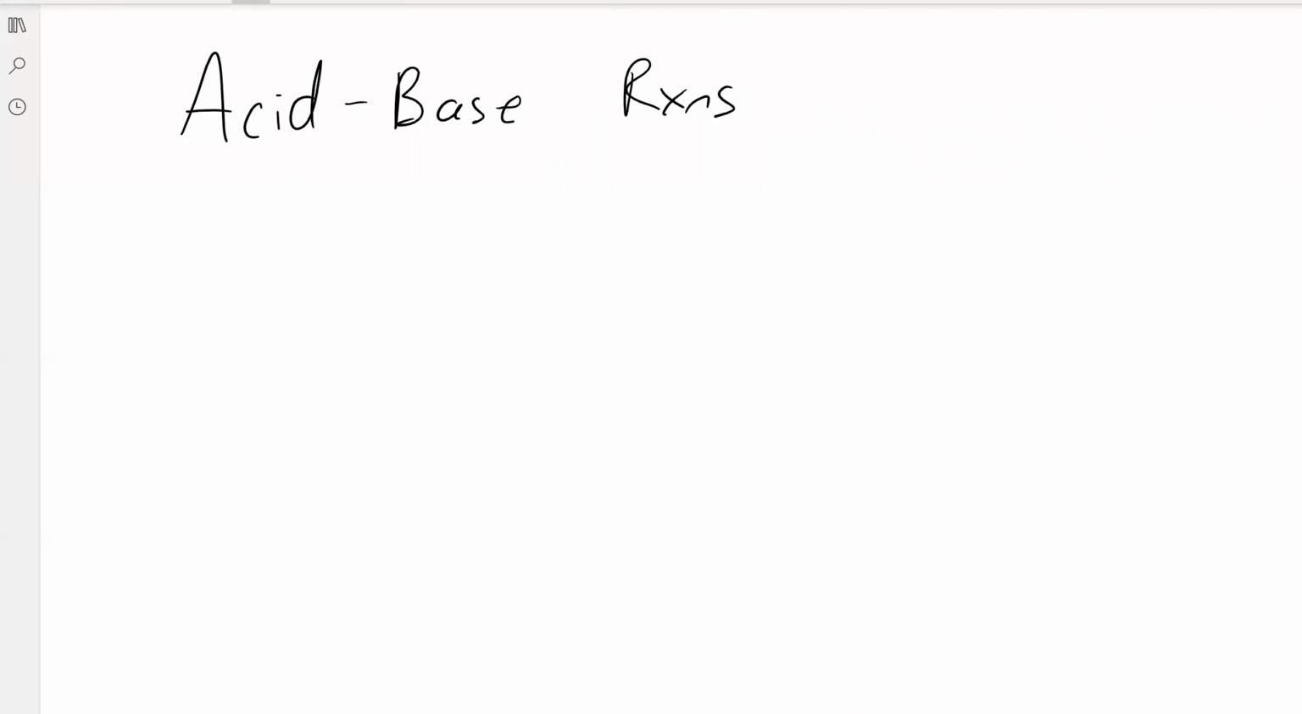All right, our next type of equation are acid-base reactions. And an acid-base reaction is a reaction between an acid and a base, as would be implied. We haven't covered acids and bases, and we won't really too much in this course. When you move on to higher level courses, you'll consider what are acids and bases in a little bit more